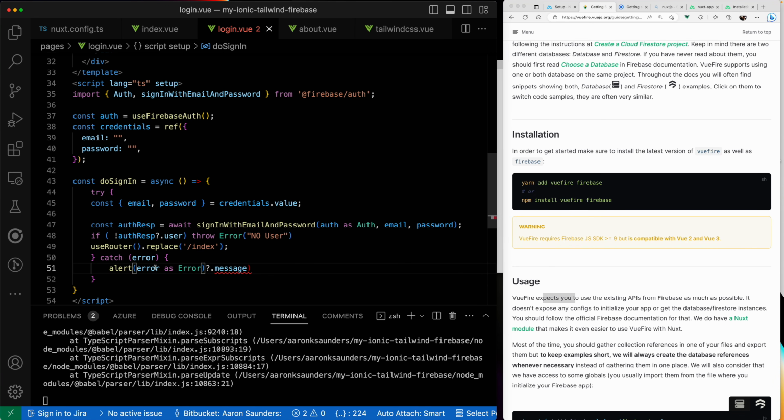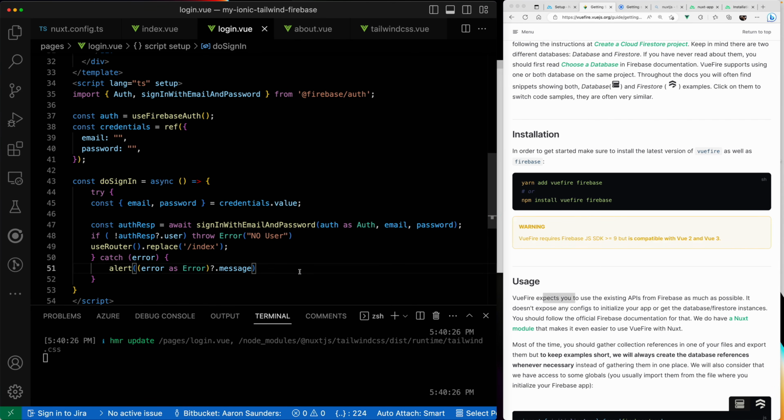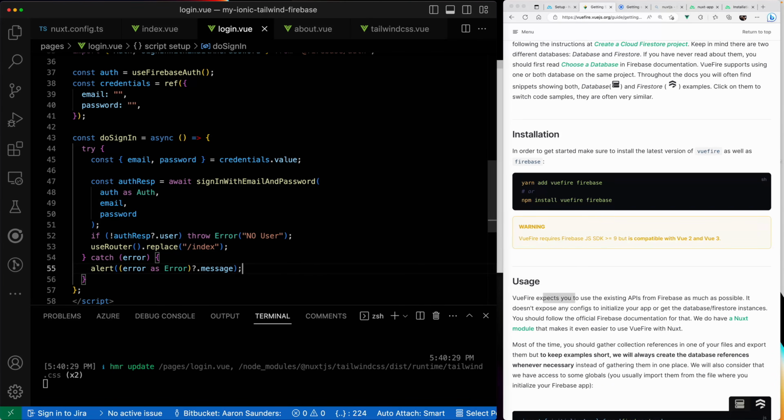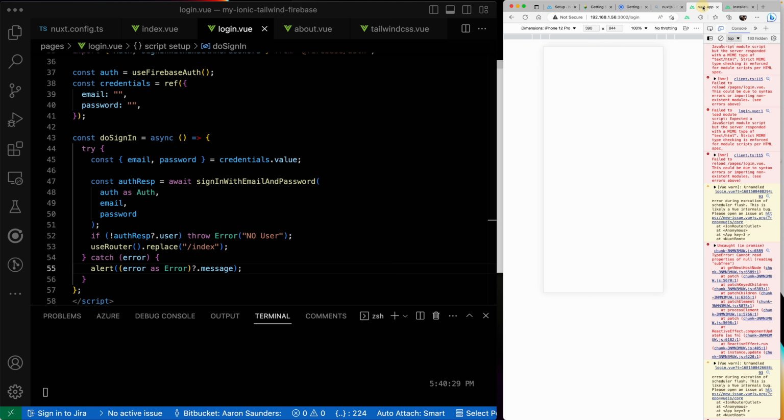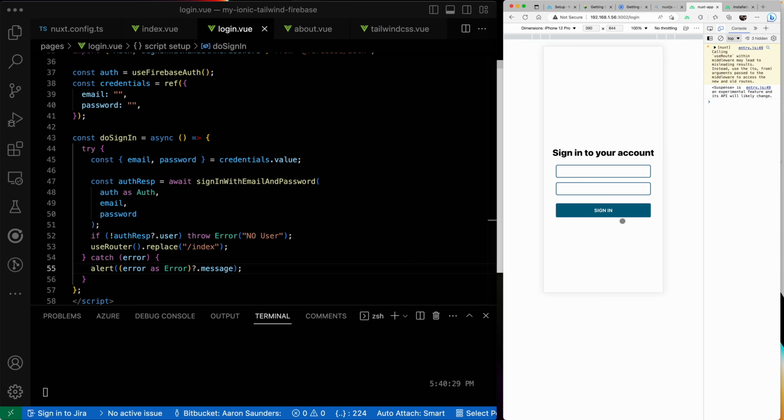Is that right? So now let's see if we got this going. So let's refresh. And so invalid auth email, clearly looks like I didn't enter any credentials, but let's enter,